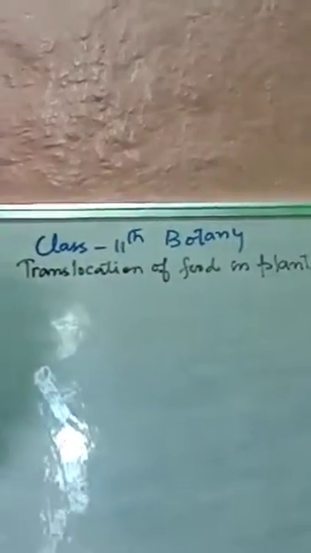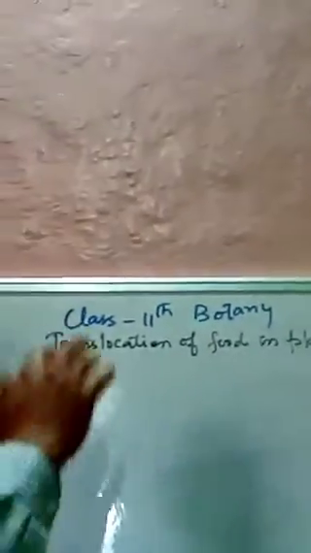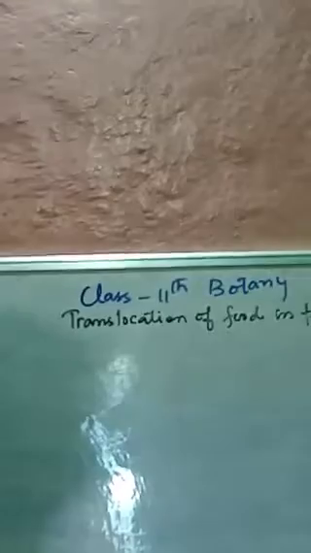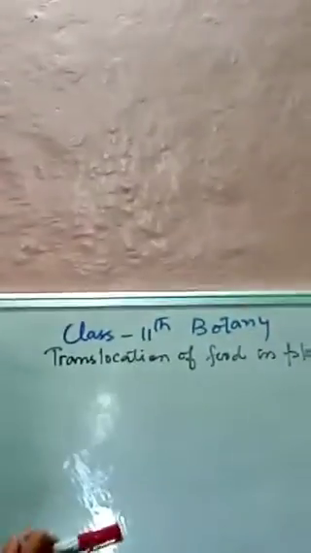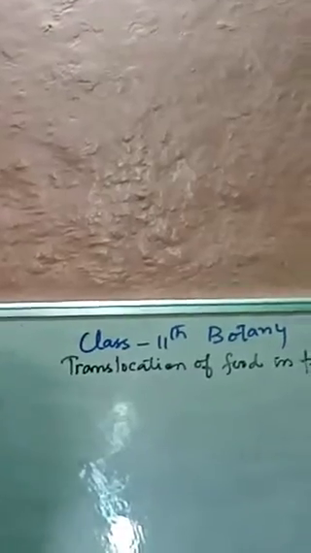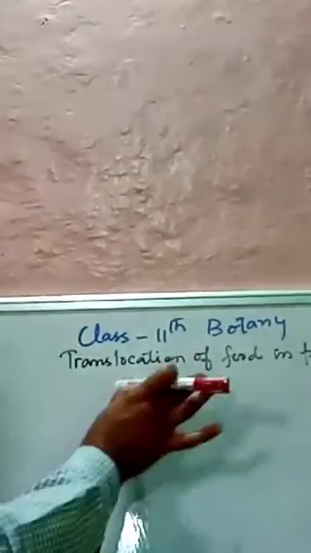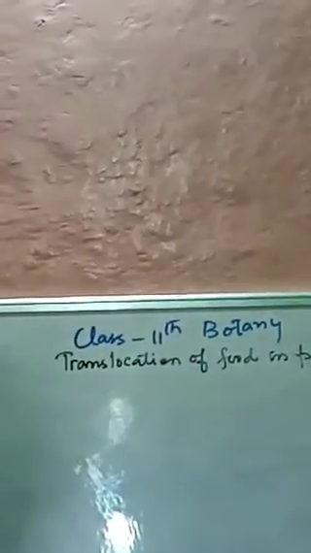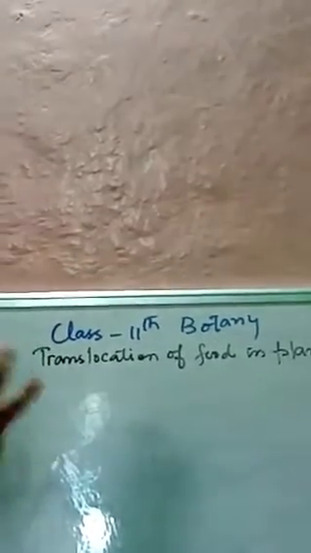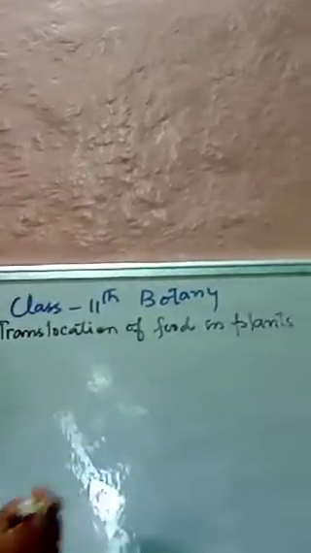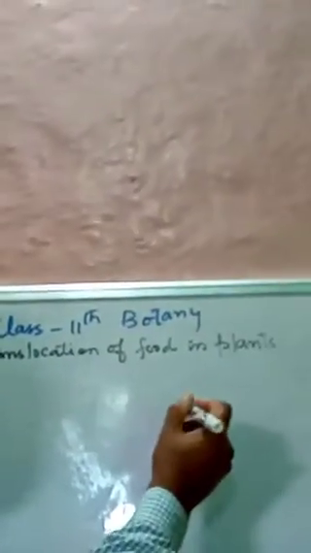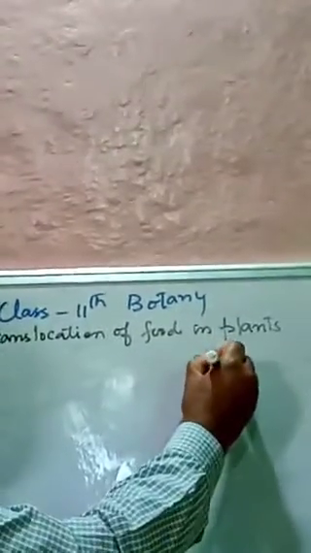being manufactured in the plants is translocated to various parts of the plant, and its direction. We know that the movement of water or minerals is unidirectional, and what happens in the case of food, what is its direction like? We know that the food is being translocated by means of the cells of the phloem tissue, and